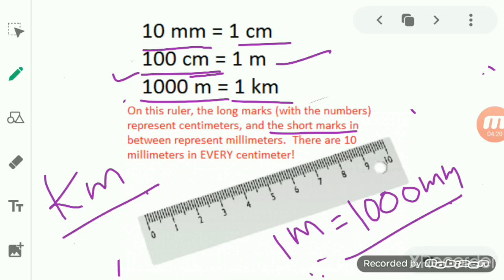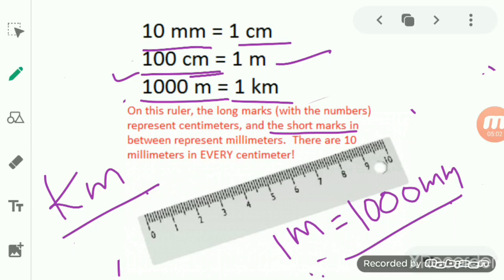So here we understand the submultiple and the multiple units. When we talk about the multiple unit and the submultiple unit, don't get confused. What is the standard unit of length? That is the meter. The units which are larger than the standard unit, we call a multiple unit, because 1 meter is smaller than 1 kilometer. So that is a multiple unit because it is larger than the standard unit, like the kilometer.